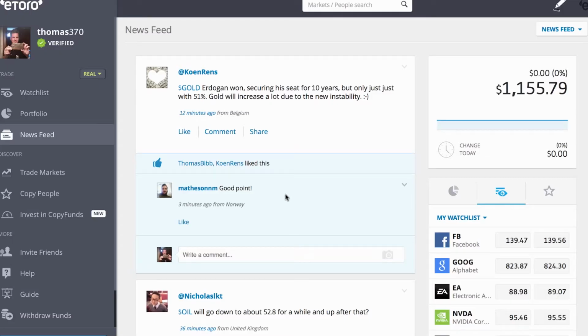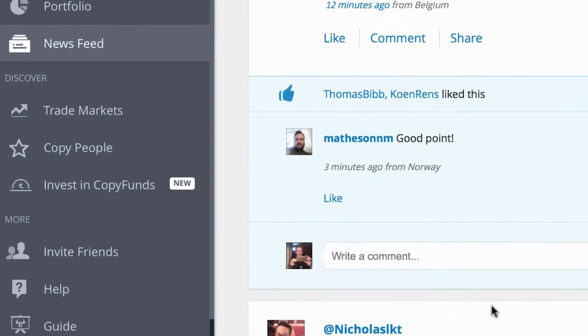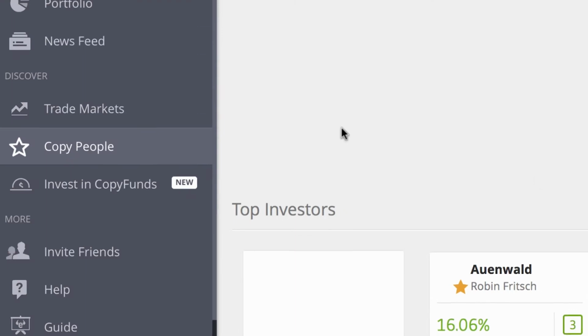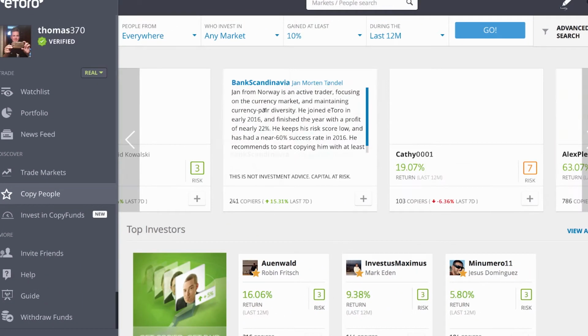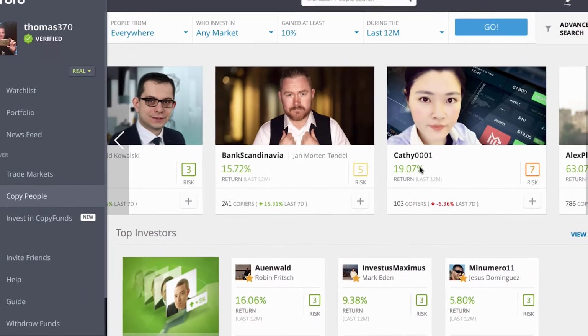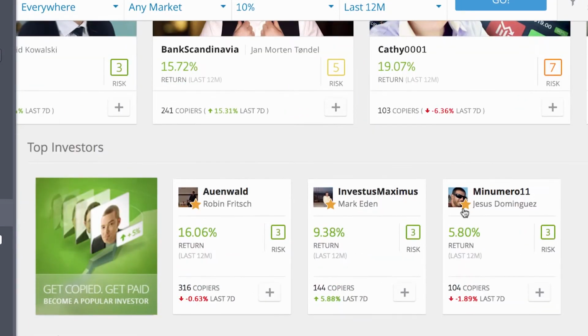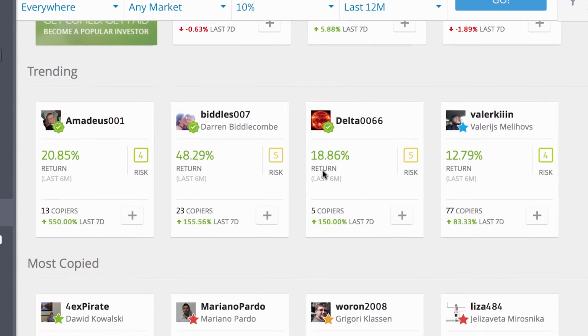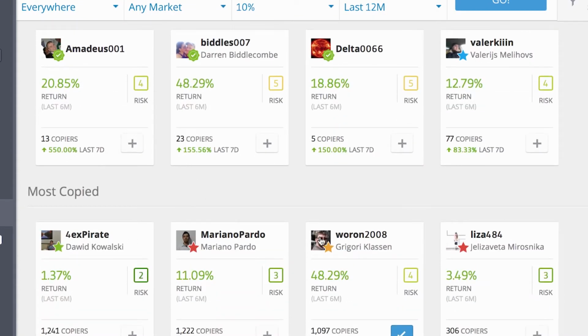You log into these websites and it facilitates, like Facebook does, you can browse through profiles, like I'll show you. So you can go to copy people here and start to browse around. And if you look at it, it looks a lot like what you use, profiles really. This is all social trading technology. It's using a social networking framework to facilitate trading, basically.